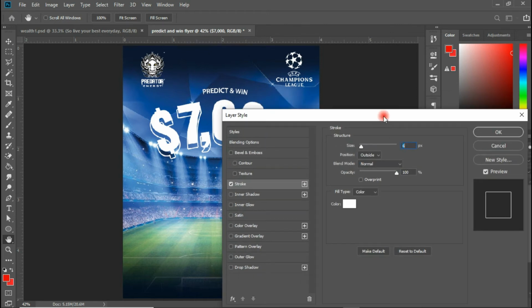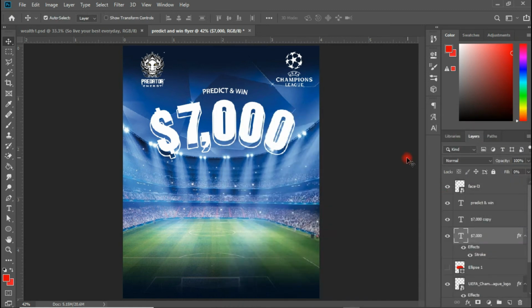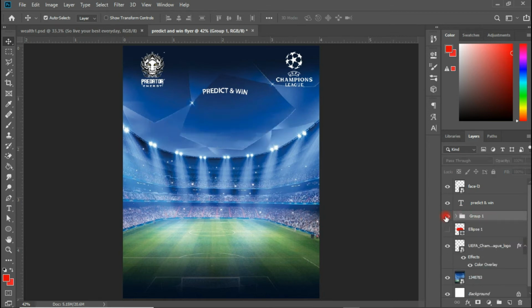So this is how it looks. I think it's okay. So let's click OK if we are done. There you have it. Good. So let me quickly group this so I don't mistakenly. Alright,